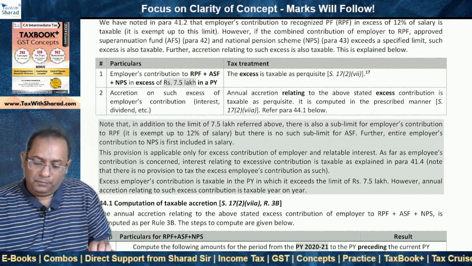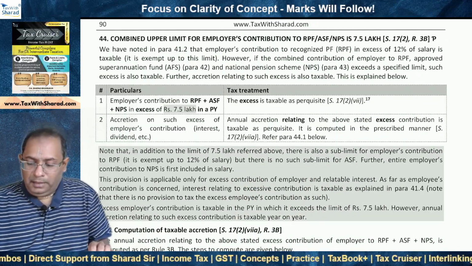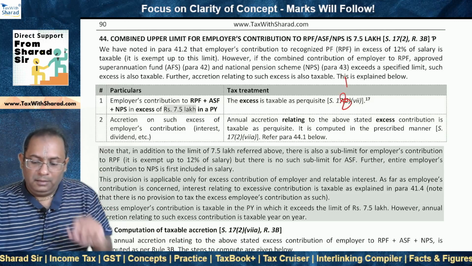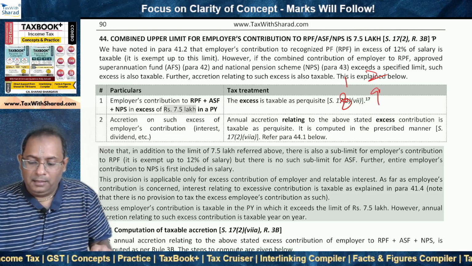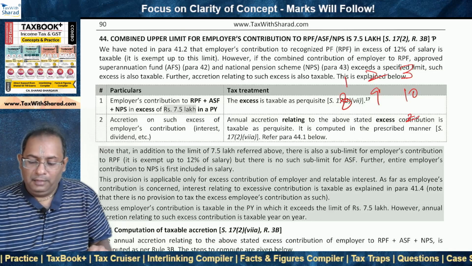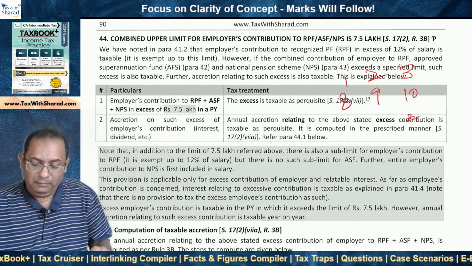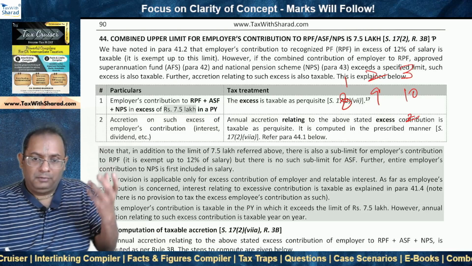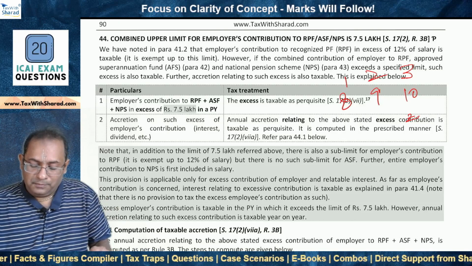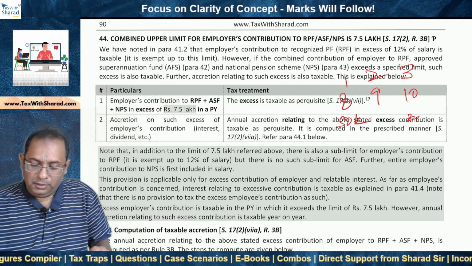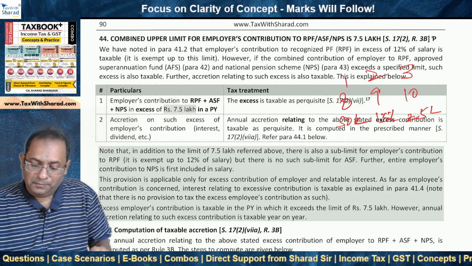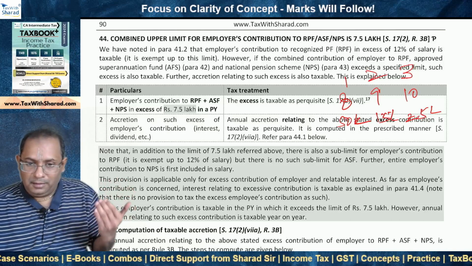Okay. So, say in previous year 1, say it is 8 lakh, so 50,000 will become taxable. In previous year 2, it becomes 9 lakh, so 1.5 lakh will be taxable. In previous year 3, it becomes 10 lakh, so 2.5 lakh will be taxable because it is excess of 7.5 lakh. But as far as accretion, in case of RPF, for example, if it is interest which is getting credited on this excess, 50,000, 1.5 lakh and 2.5 lakh respectively, this interest will keep on getting taxed because this interest is on excess.